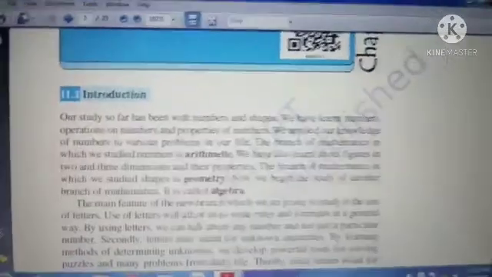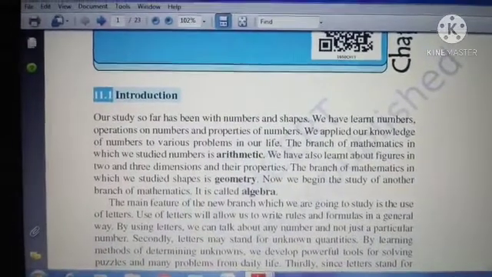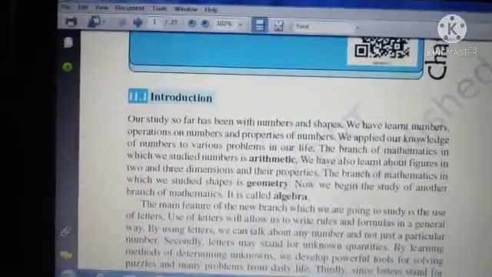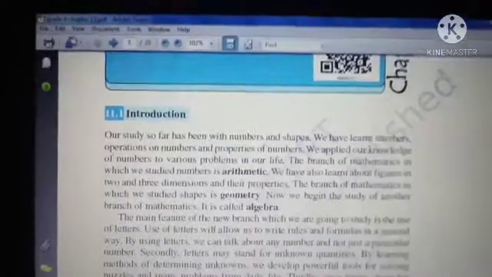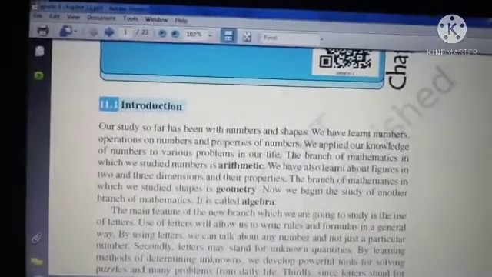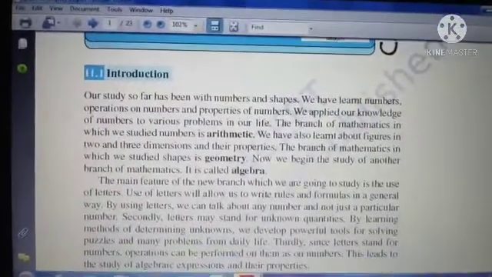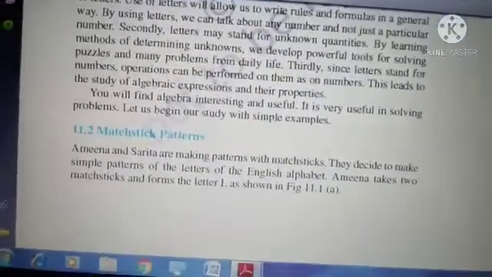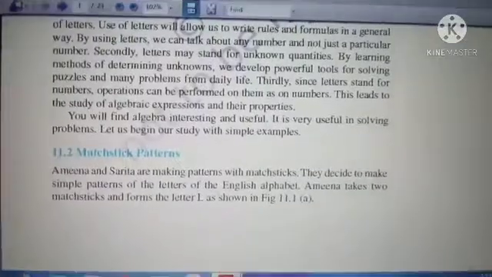But when you are generalizing the numbers, you will use the algebra concept. I will teach you what generalization is and how you will generalize it. These definitions and basic things are given here. You can take page number 221, children.